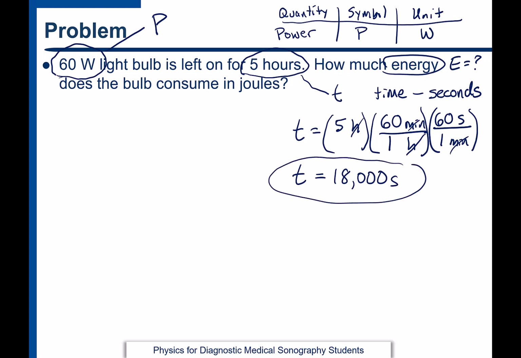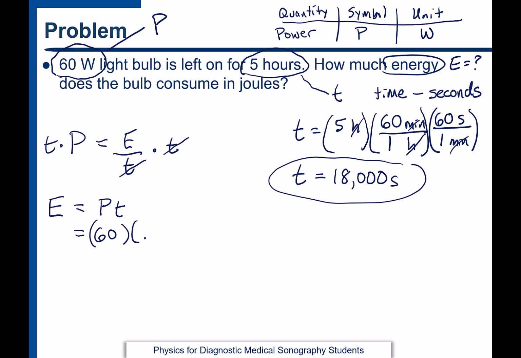Let's write down our formula. Power equals energy over time. Now, what we want is energy, so let's go ahead and solve for energy. Notice I'm going to multiply both sides by t, so those t's will cancel out, and I get that energy is equal to power times time, or time times power, it doesn't matter, but I usually write it that way. So now I can just plug in my values. I've got a 60-watt light bulb. I'm multiplying by 18,000 seconds,